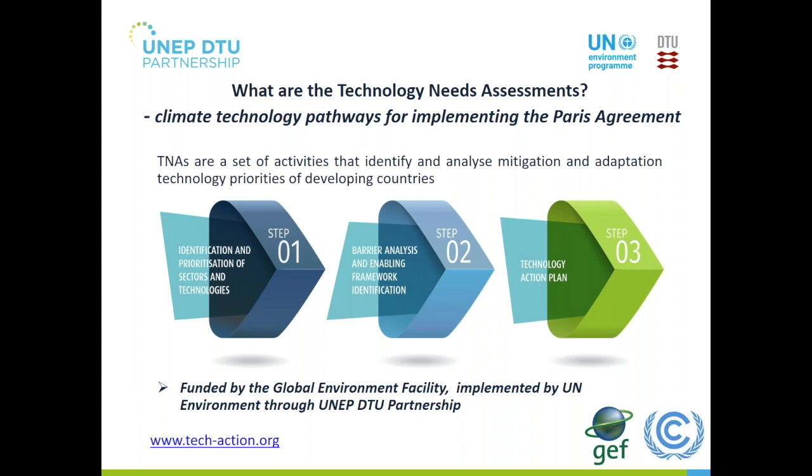Then as a second step, we have the barrier analysis and enabling framework identification, because it's not enough to know what technologies are needed, but you very much need to know the whole ecosystem, the enabling frameworks that actually will make it possible to roll out these technologies that countries are in very much need of. And then as a third step, we talk about the technology action plans, also often referred to as TAPs, which are really plans for a more programmatic approach for rolling out the technologies